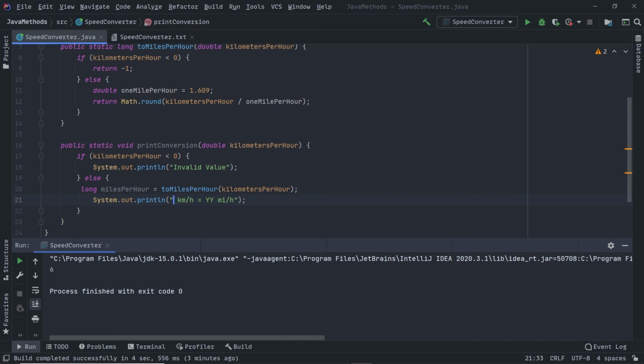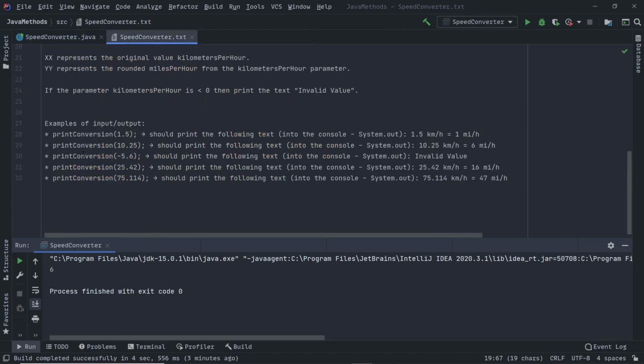So remove these two spaces here, write kilometersPerHour plus, and after this one put another comma, instead of YY write milesPerHour. And printConversion, so what we asked, printConversion of 1.5.